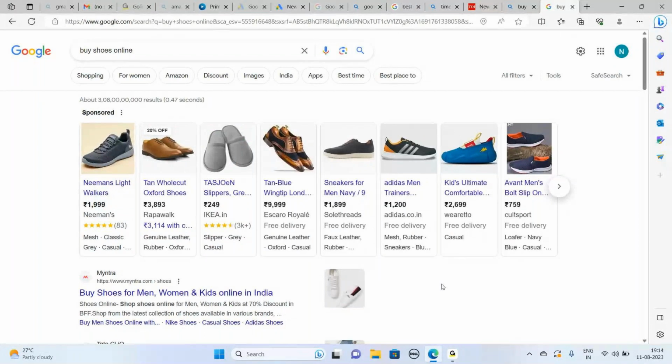Does anyone have an idea how much time you need to skip an ad? Very good, five seconds. So 5 seconds are given for skipping the ad.